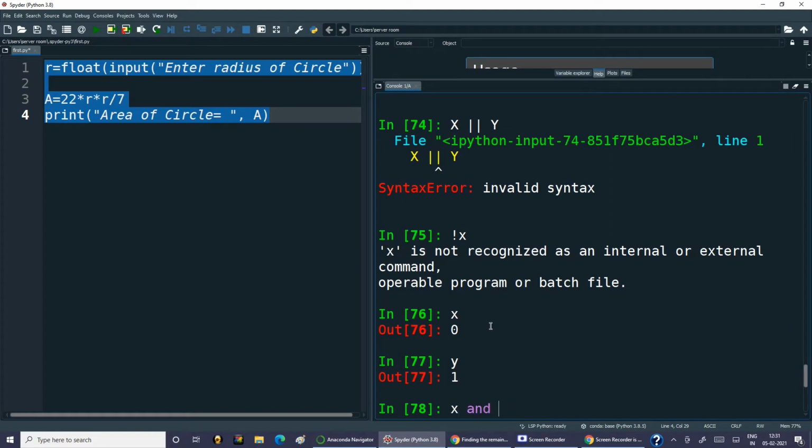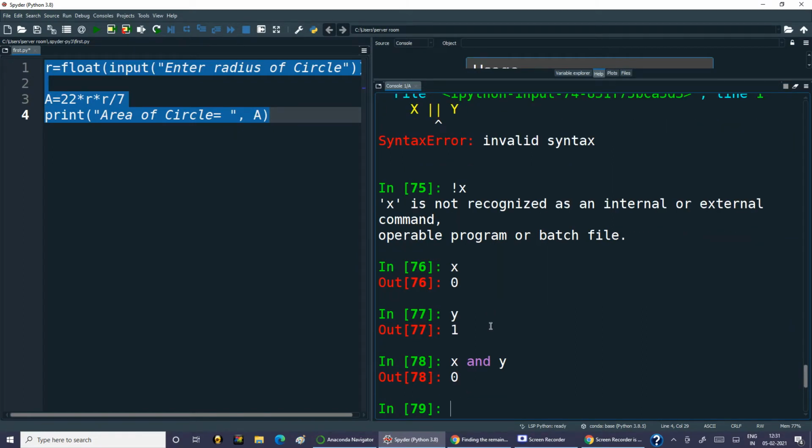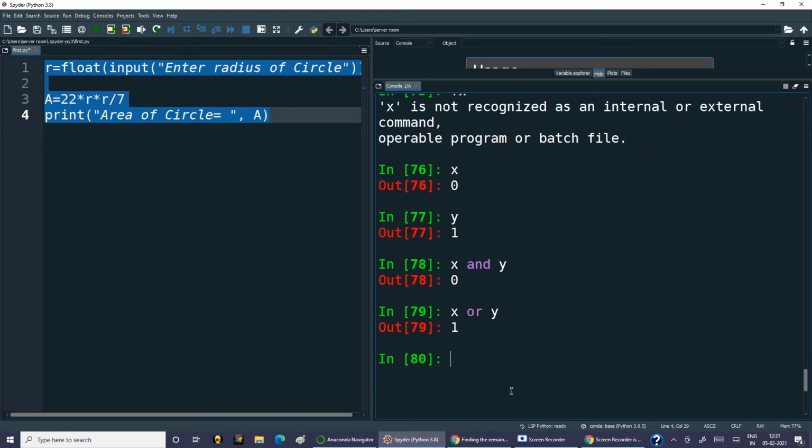So x and y, 0 and 1 are anded, output is 0. x or y, output is 1. If I write not x, that means it is true, because x is 0, so it is false, and not x is true.